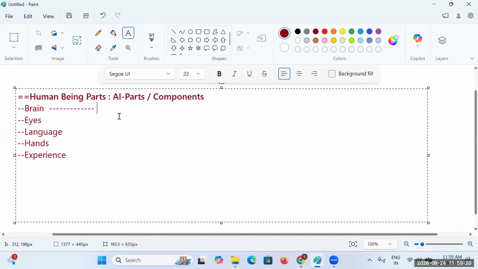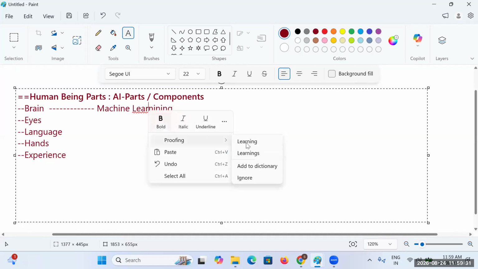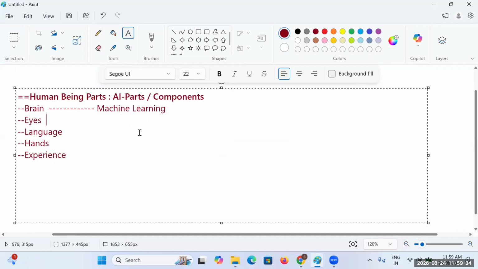The same thing has been done with AI, which is machine learning. So for the human body, the brain is the most important, and that corresponds to machine learning here.